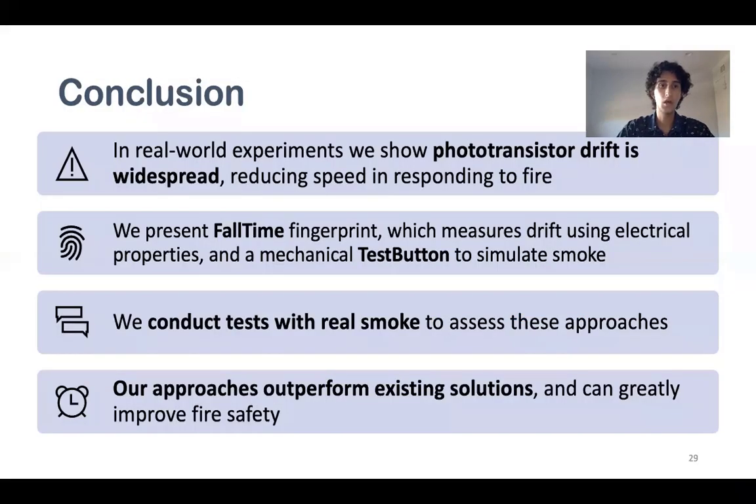In conclusion, in real-world experiments, we show that phototransistor drift is widespread and reduces the speed of a smoke detector in responding to fire. We present the FallTime fingerprint, which measures drift using electrical properties, as well as a mechanical test button to simulate the behavior of smoke to measure drift. We conduct tests with real smoke to assess these approaches, which show that our approaches outperform existing solutions and can